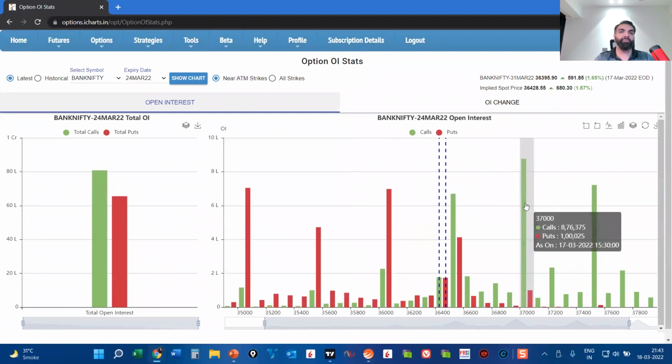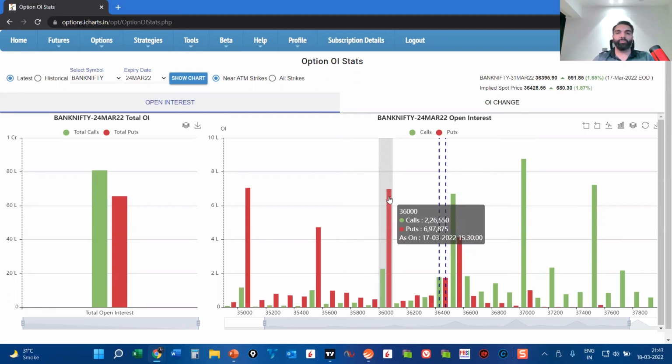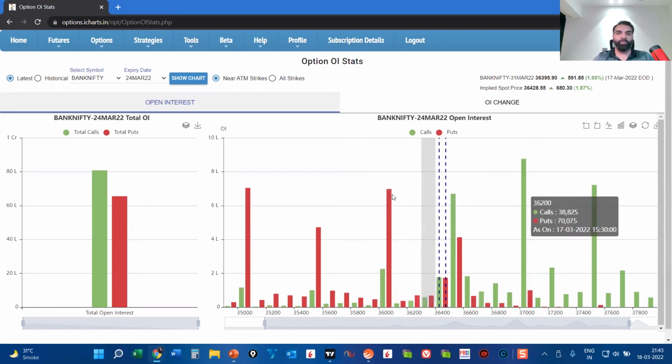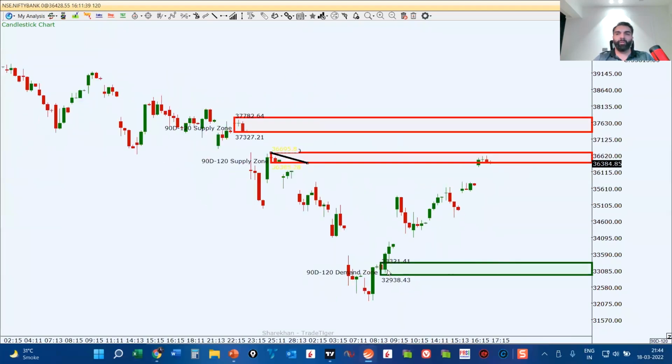Usually the Bank Nifty used to move on a weekly basis in a 1,000-point range. But now, because of the increase in volatility, the Bank Nifty is expected to move in a 2,000-point range, right? But although this is very close, I expect the Bank Nifty to be trading in this range from 36,000 to 37,000. Now, if we align this with our demand zones and supply zones, we do see an area around